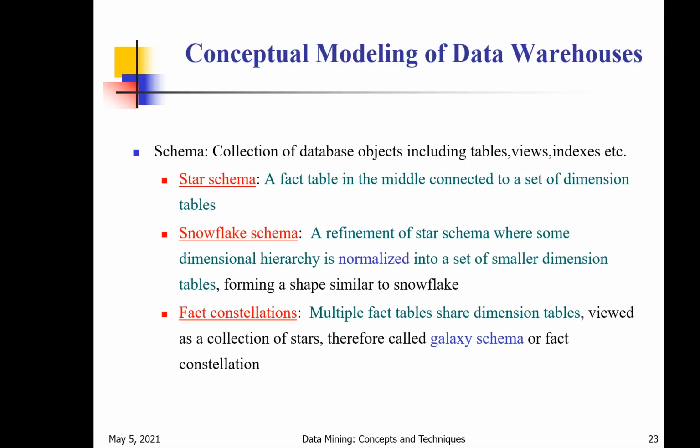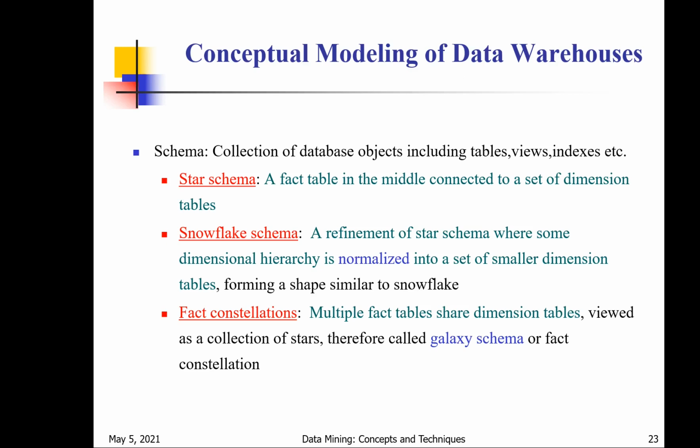Here the difference between star schema and snowflake schema is that in star schema, one fact table is surrounded by a number of dimension tables. Here also the same, but here the normalization is there. The dimension table is split into two dimension tables, which is nothing but decomposition. Using decomposition we can achieve normalization in snowflake schema. We cannot achieve normalization in the star schema. That is the difference between star schema and snowflake schema.